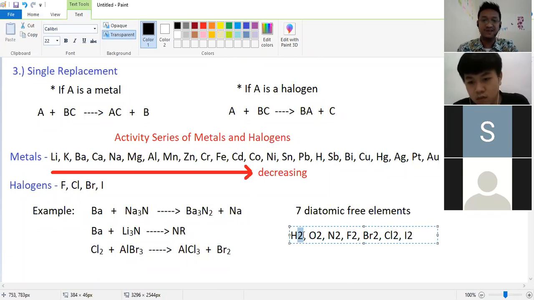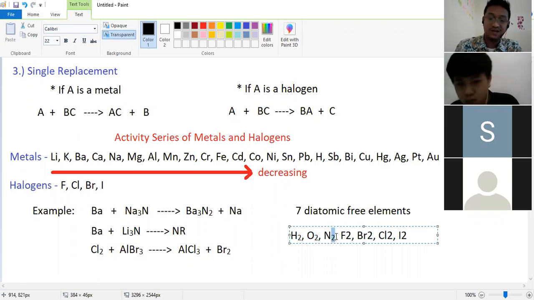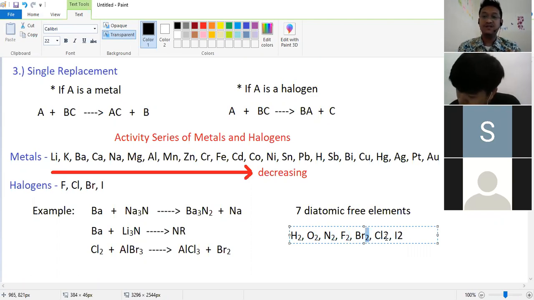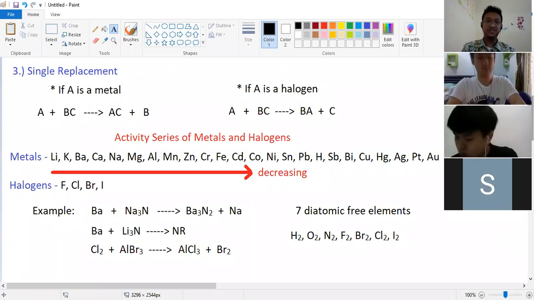Okay, I'll just fix them. So you should memorize them. I will not provide them when we do your tests or other activities. You should remember them. All right. So any question regarding the single replacement reaction before we proceed to the last one? Is there any question? No question? I think not. Okay, let's proceed now to the last